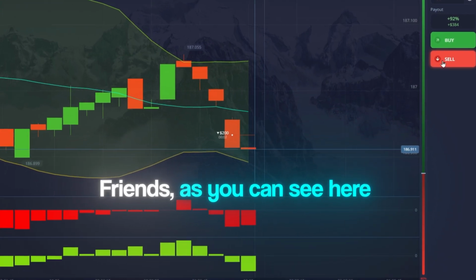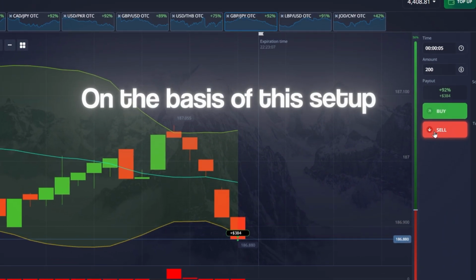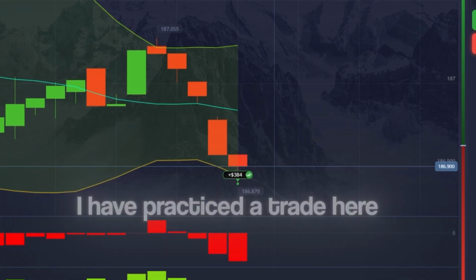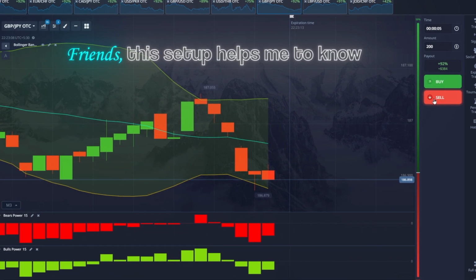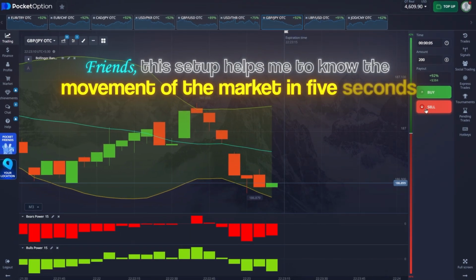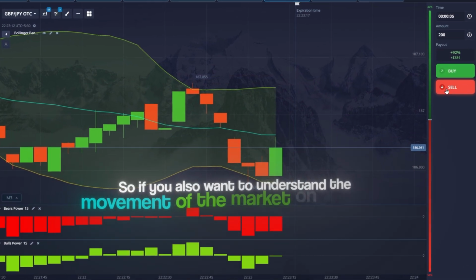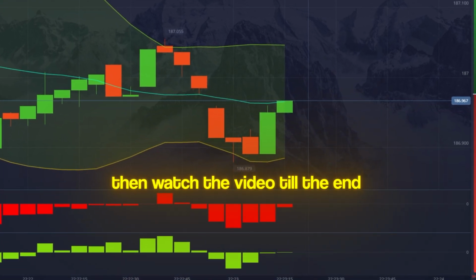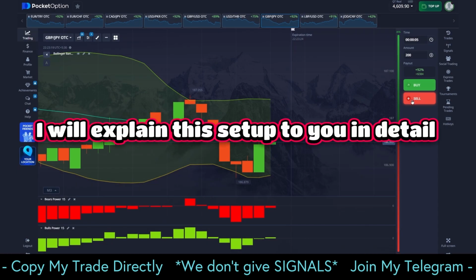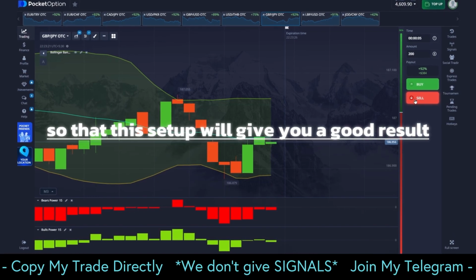Friends, as you can see here, on the basis of this setup, I have practiced a trade here, the result of which is in front of you all. Friends, this setup helps me to know the movement of the market in 5 seconds. So if you also want to understand the movement of the market on its basis, then watch the video till the end. I will explain this setup to you in detail so that this setup will give you a good